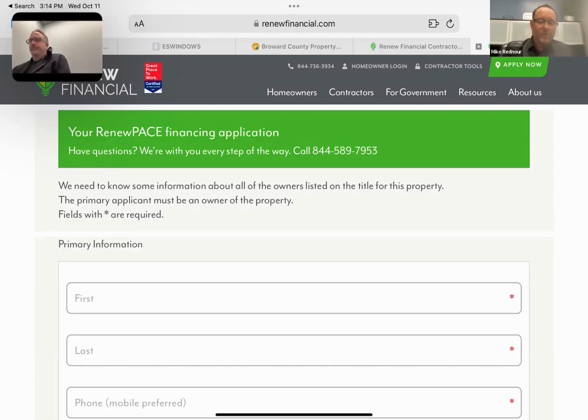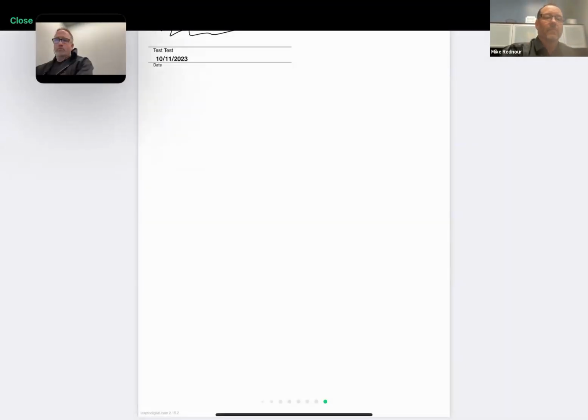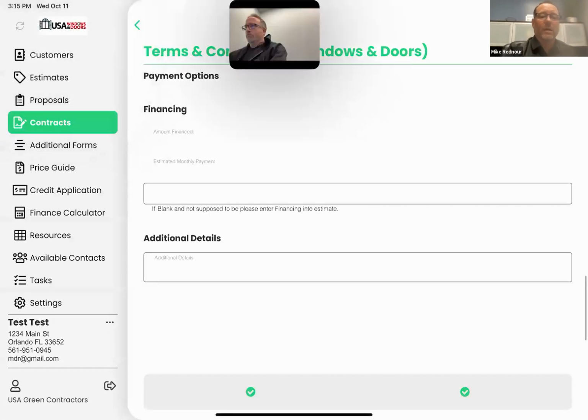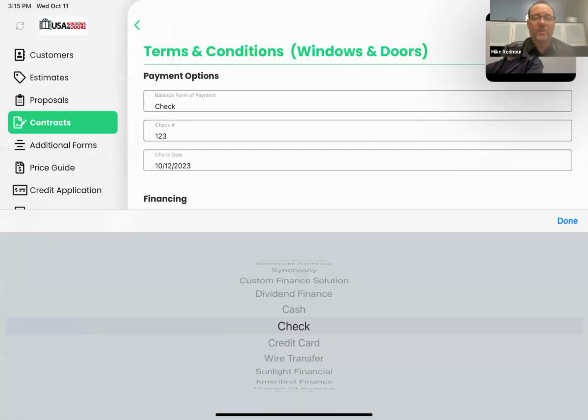If they're doing cash or credit card, you get a copy of the check. If they're doing credit card, you take a picture of their credit card front and back and upload it into Leap. You want a photo of that in there. When we go back to Leap, if we would have selected credit card in here, it would have given us the ability,